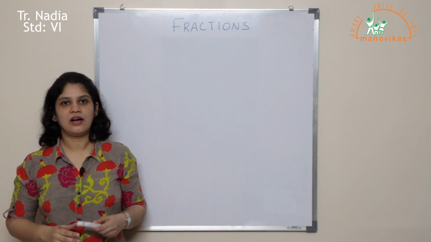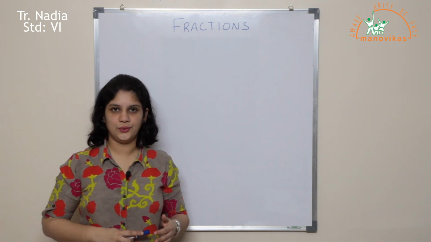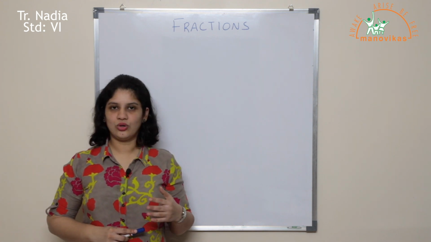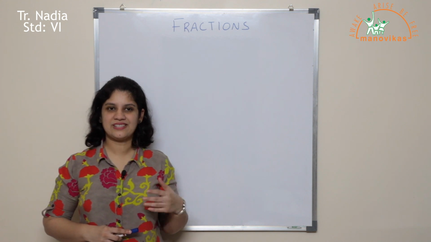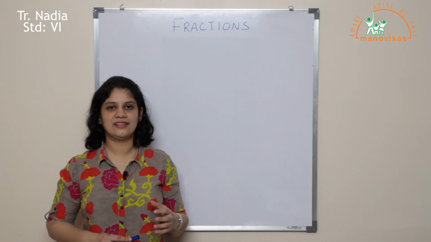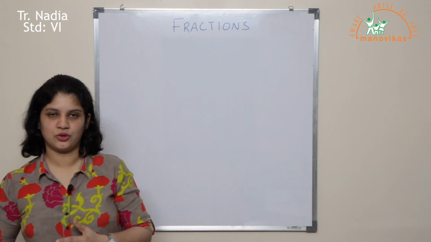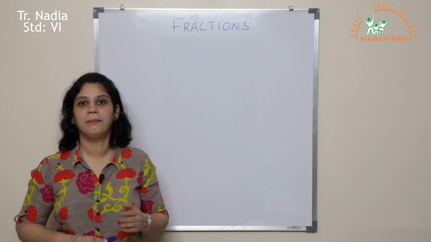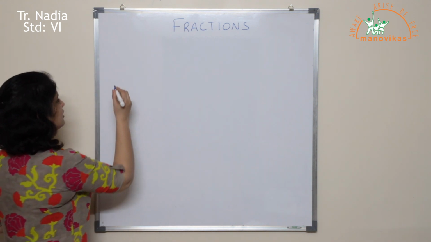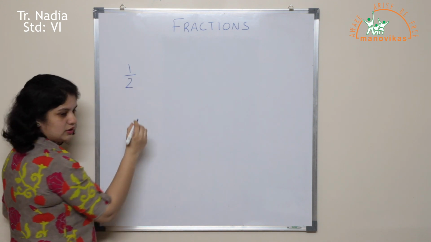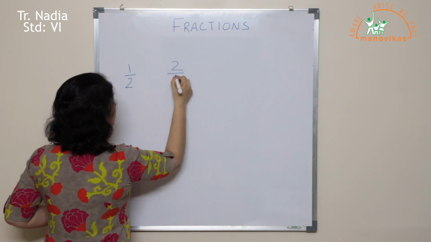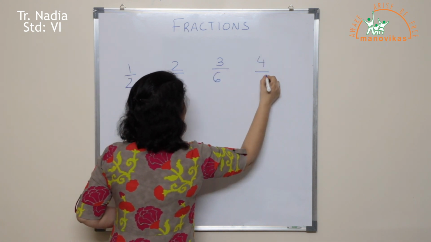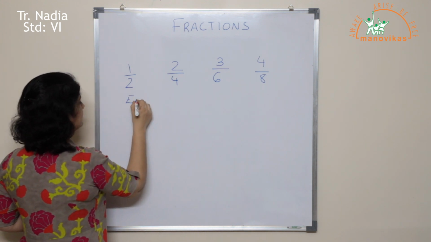Okay children, I hope what I showed you on the slides is clear to you. Let me come back to the concept on equivalent fractions. I just showed you all how the 4 circles which were expressed as different fractions actually had the same value of shaded portion. Now these kind of fractions are equivalent fractions because their values are basically equal. The 4 fractions were 1 upon 2, 2 upon 4, 3 upon 6 and 4 upon 8. We call these fractions equivalent.